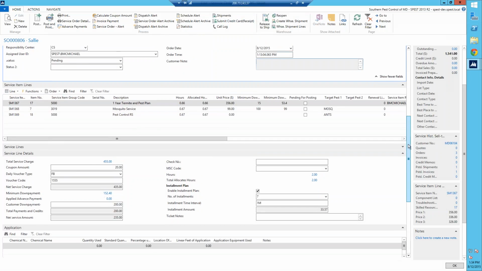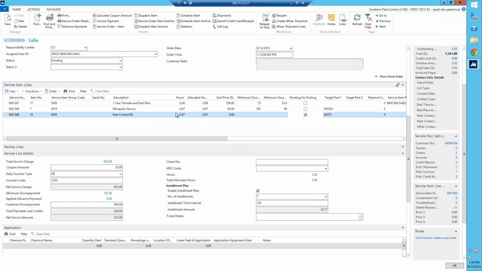So what dispatch is going to do is check this pending for posting box here. This will remove this service from the posting, and once we do post, it's going to create a new service order for this service. And then we can use that new service order to track and reset the appointment for the pest control resurface. Gotcha. Okay, so Louise has called in and says, hey, I couldn't complete the resurface for whatever reason,